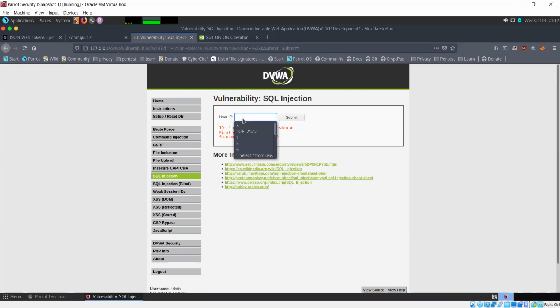Just like this version, there are other things as well, like union select one, @@hostname. The host name is Parrot in our case, because I'm doing this on my own device. My SQL server is running on the same machine itself. So this is the host name that I'm getting.